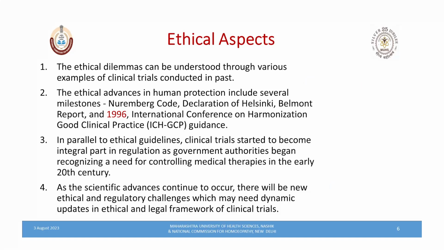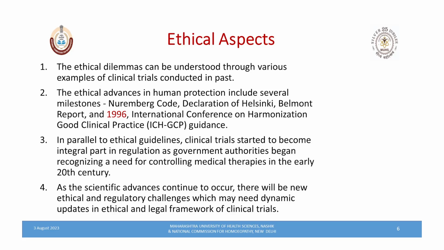It is very important to note that any research is always carried out in the ethical framework set up by the guiding authorities worldwide. In this slide, I will tell you a little history of ethics in research. Ethical aspects. The ethical dilemmas can be understood through various examples of clinical trials conducted in the past. The ethical advances in human protection include several milestones: Nuremberg Code, Declaration of Helsinki, Belmont Report, and the 1996 International Conference